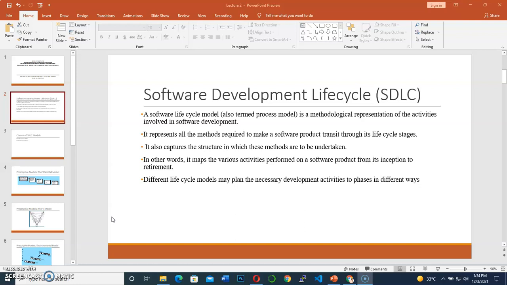A software development lifecycle, which can also be termed a process model, since the development goes through different processes and different stages, is a methodological representation of activities involved in software development. The activities in the methodological framework are what is known as the software lifecycle model. It represents all the methods required